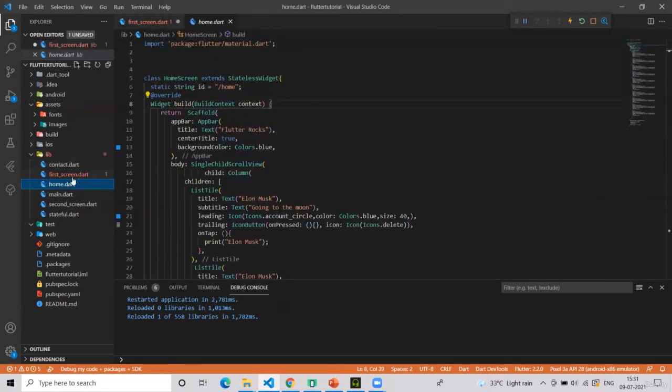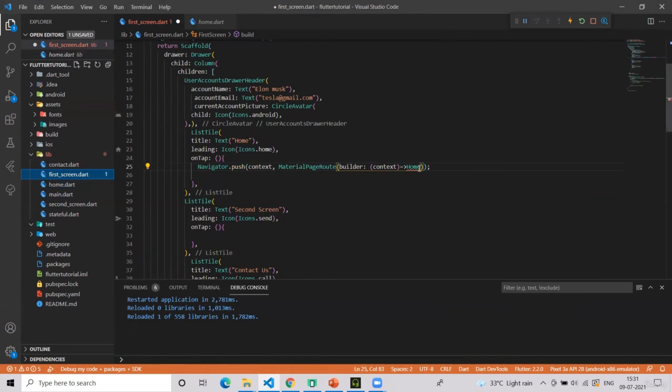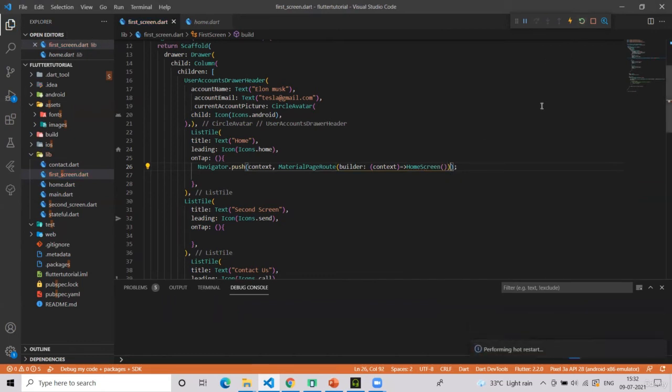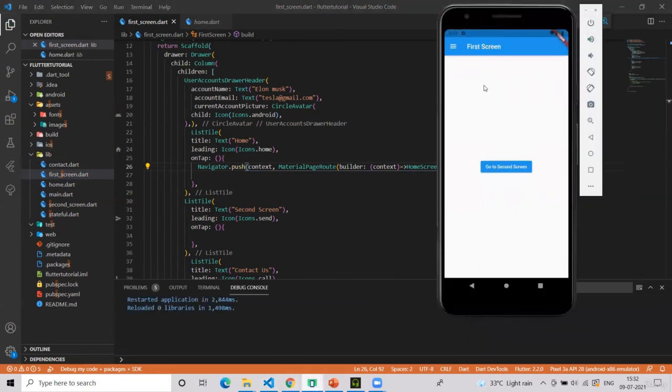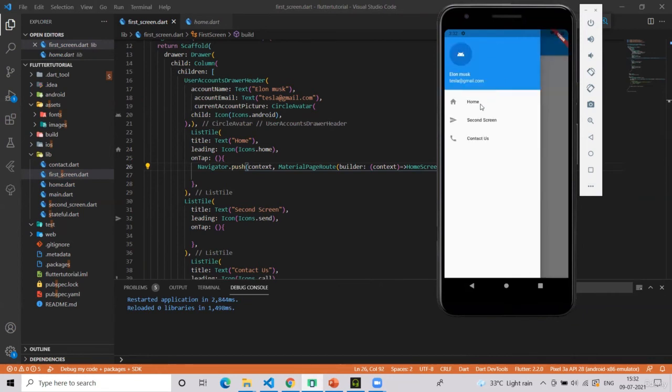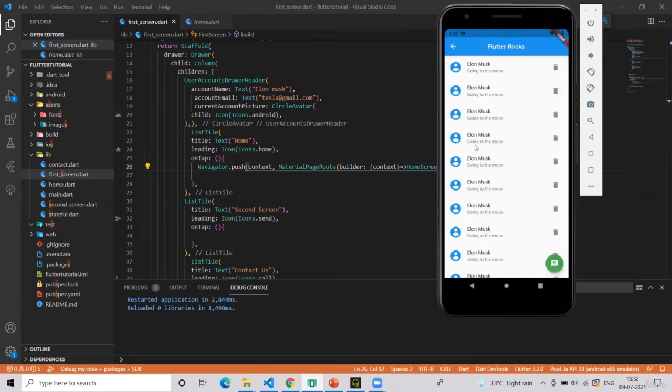The name is HomeScreen. Let's check. Do we navigate to the home screen? See, we are in the home screen.